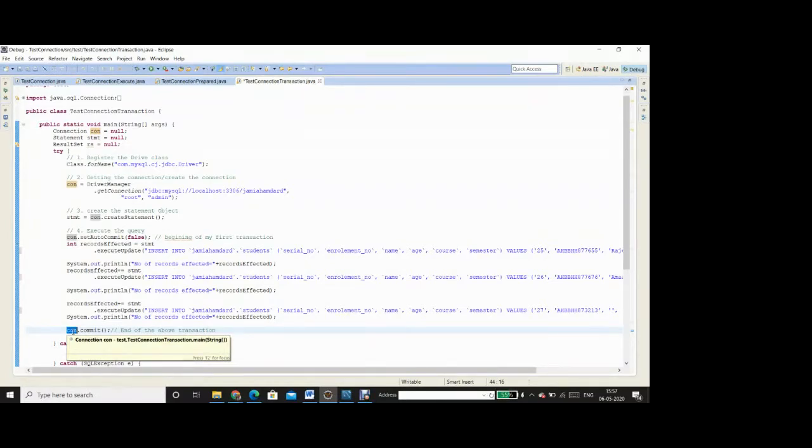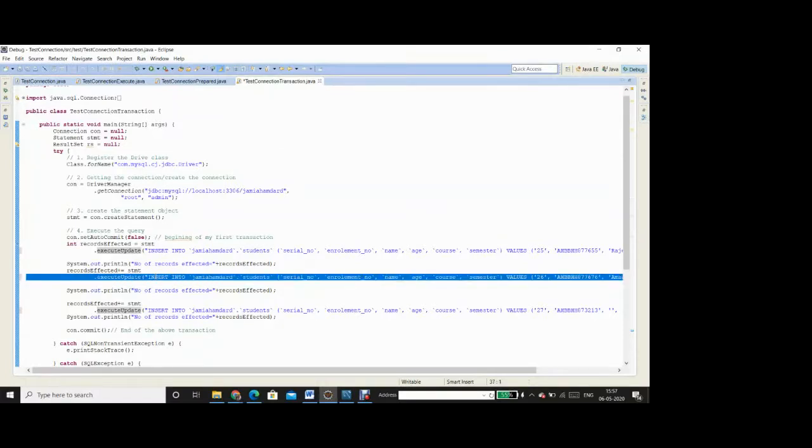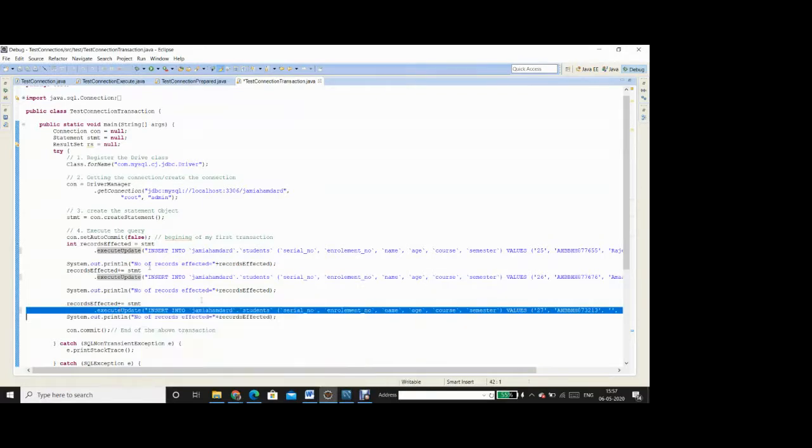Once you say commit, it will start inserting the first statement. That is, the effect of the first statement is made to the database. It's still not permanent. It will wait for the second statement to run, and the database server will see whether the second statement has run successfully or not. It is still in the transitional state. The database state is not made safe. Say, for example, the third execute update fails for some reason. For example, here instead of 27, I again mistyped the same serial number 26. Now this will be a duplicate key.